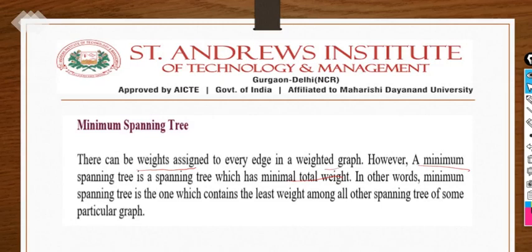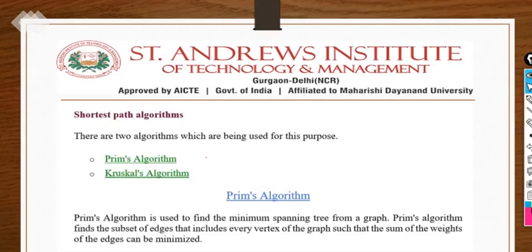So that's clear from here. We are trying to minimize the cost as an output, and that means it's an optimization problem. Since it's an optimization problem, we can use the greedy approach. In order to find the minimum cost of the spanning tree, we have two greedy algorithms, Prim's and Kruskal's algorithm, which are based on the greedy approach totally. These two algorithms are used to find the shortest path, or you can say minimum cost, of the spanning tree. Multiple spanning trees are available for a graph, and you have to find the minimum cost spanning tree with the help of Prim's and Kruskal's algorithm.